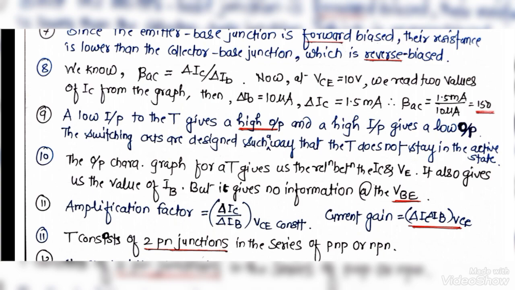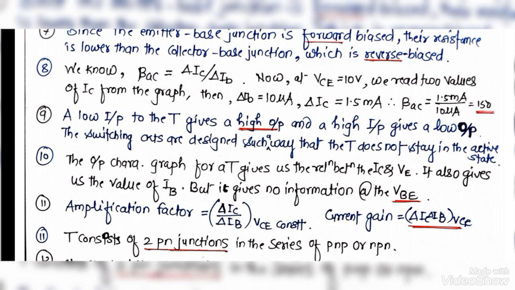We know beta AC is equal to small change in IC upon small change in IB. Now at VCE equal to 10 volts, we read two values of IC from the graph, then beta AC is equal to 150. In this example,